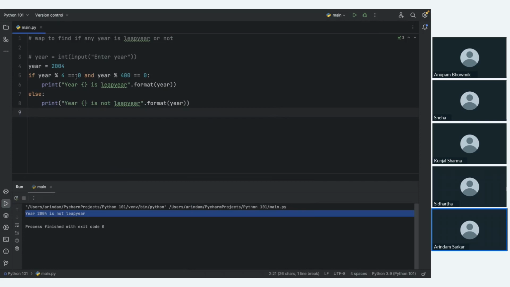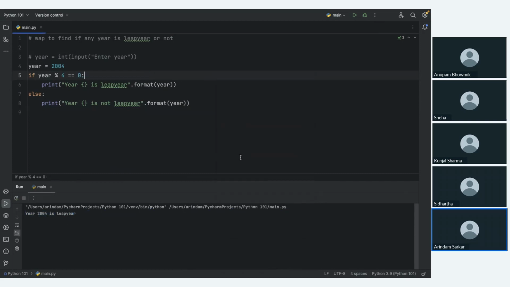So if we just consider this fact of divisible by 4, maybe it will come as leap year. Yes. Now there are two things. One thing is that, just for the sake of understanding if else, we can consider for now that the year which is divisible by 4 is a leap year and which is not, it is not. But to actually clarify the fact, the logic is that a year is divisible by 4